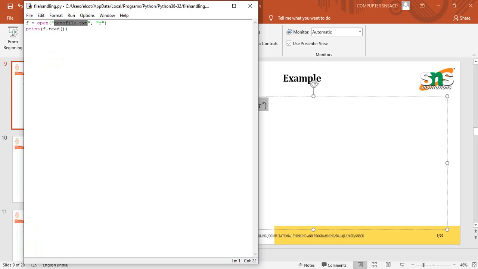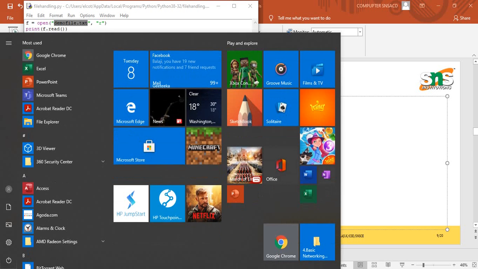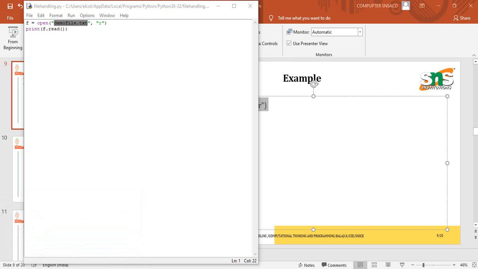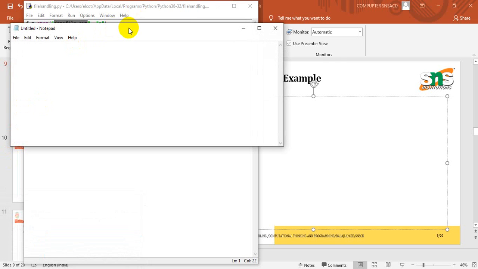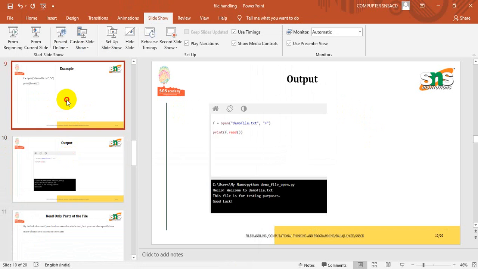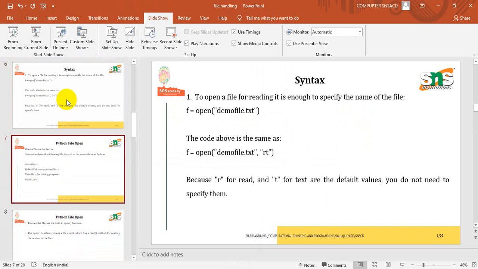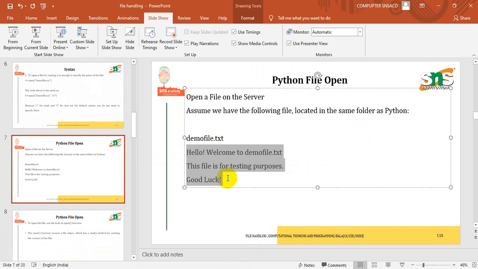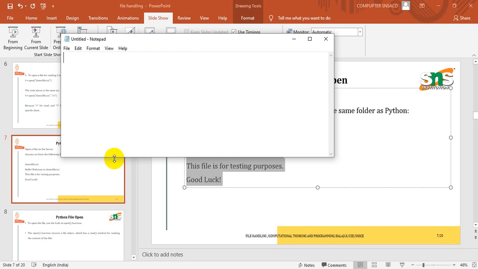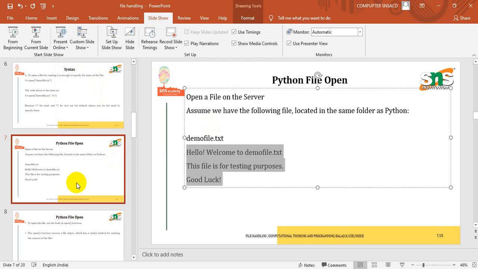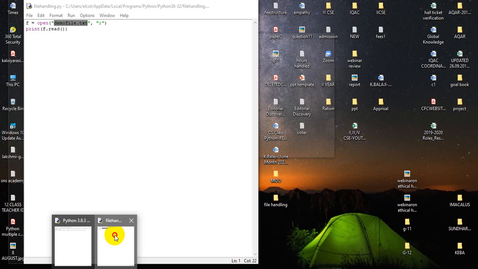For this, go to Notepad: press Windows plus R and type notepad in the run box. Inside this, copy the content, so it will be easy for you, right? This is the demo file content, and I'm copy-pasting it here in Notepad. What file name are we giving for this? It is demo file.txt, the same file name we are supposed to give, right?